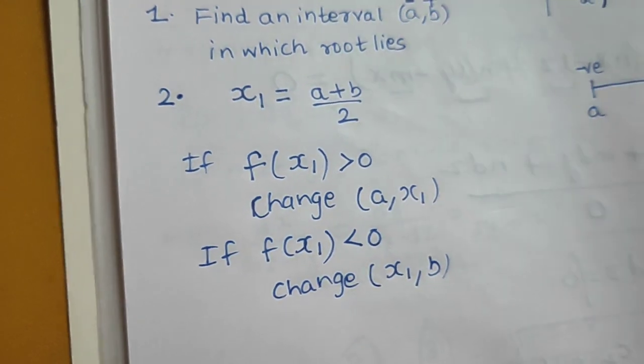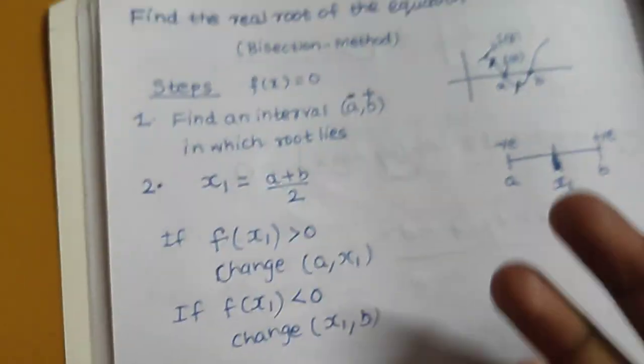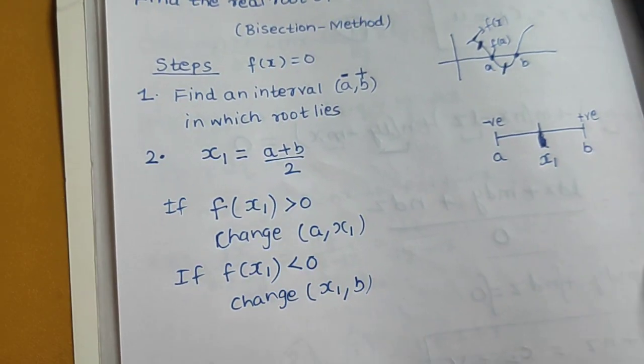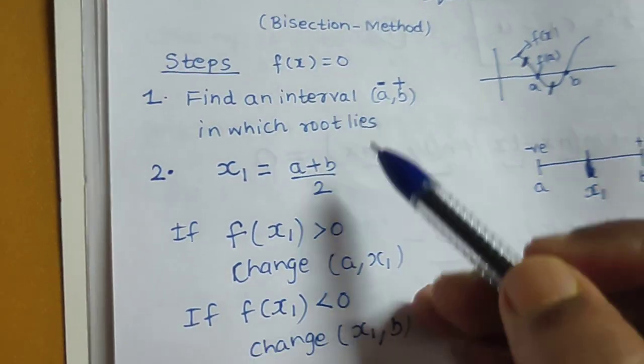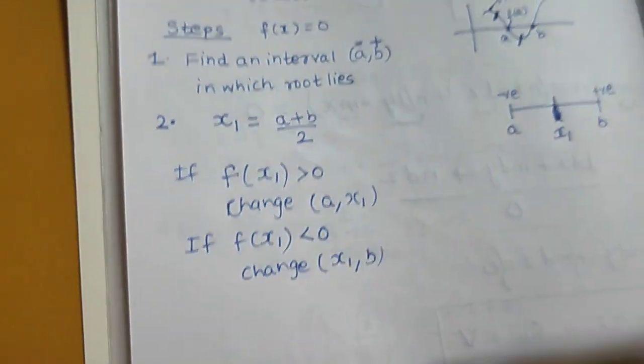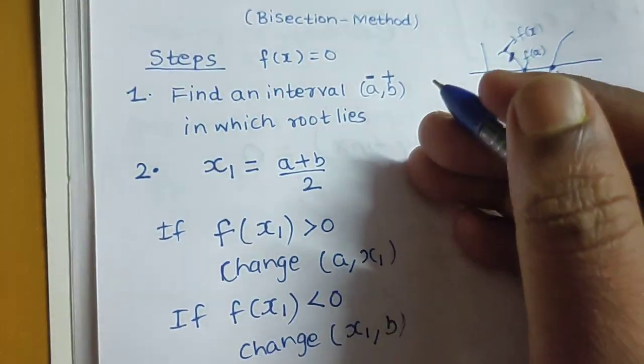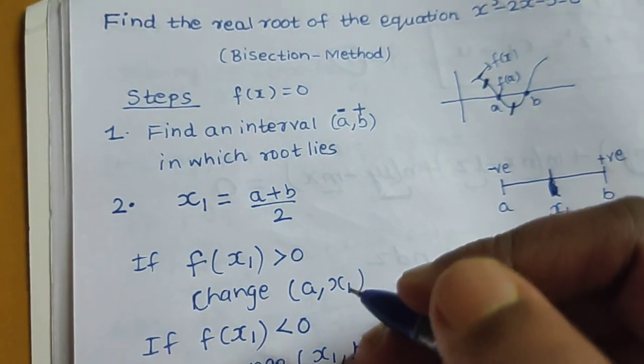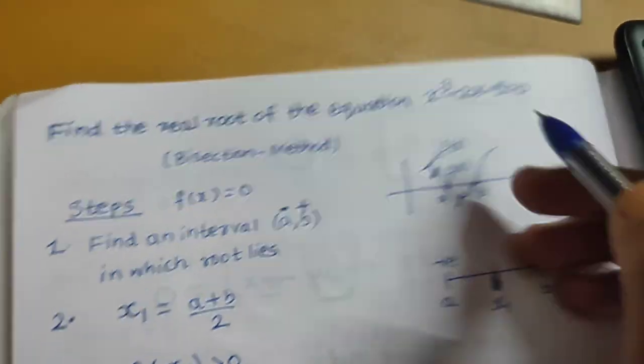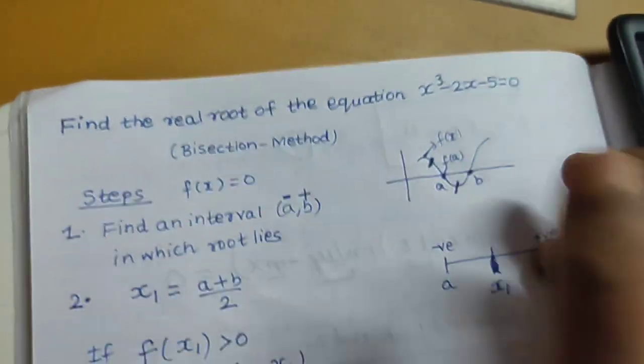Okay, so this is the basic two step, and you will iterate, that means we'll continue doing this step. Again go to step 1, then follow step 2. Again for the next iteration, go to step 1, follow step 2. Again go to step 1, follow step 2. As per the requirement of the problem, they will say up to how many iterations or up to how many